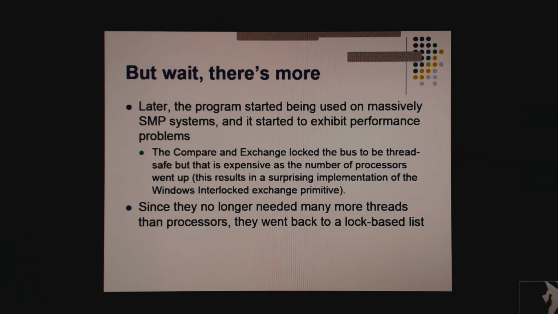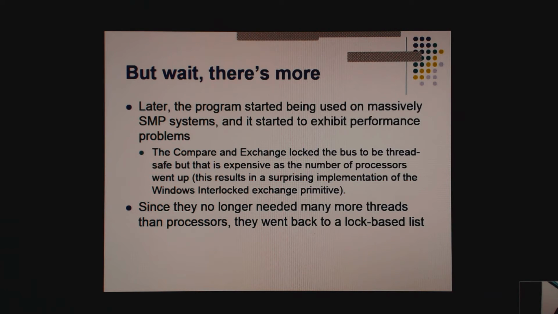Okay? IBM bought the company, and, right, everything IBM does is big. So instead of being on a little appliance, now these are massive XMP network security appliances, and it started to exhibit performance problems again. So the point is, even though the compare and exchange doesn't acquire a software lock, it still has to lock the memory bus to do things atomically, and that's expensive as the number of processors went up, right?